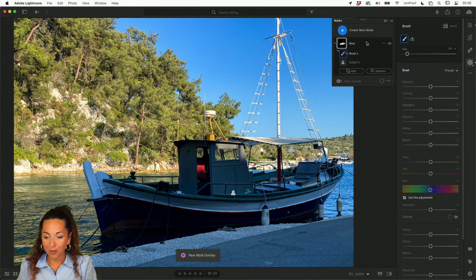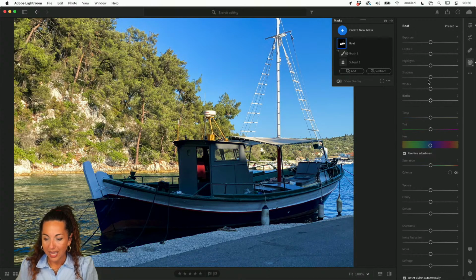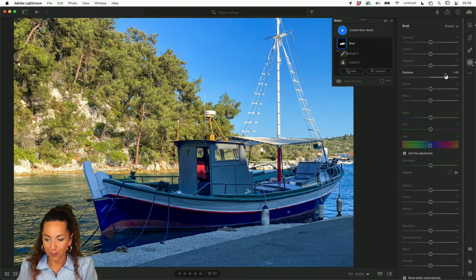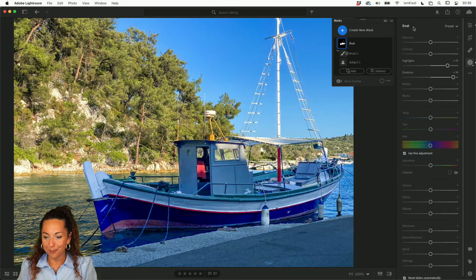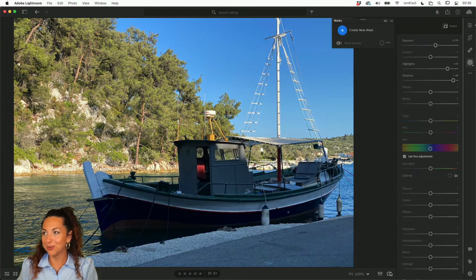But because we have our boat selected here, we have our little selection, we can go ahead and change the shadow. So we're going to make the shadow brighter by bringing it to the right, and we're also going to add some highlight here. And as you can see, we're bringing the boat into view. In this case, exposure will also do us a great favor here. And we can go ahead and click on the before and after button,